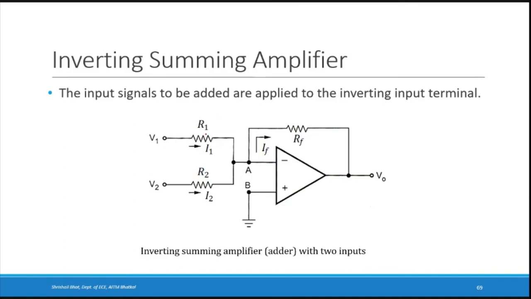So there is a resistance R1 here and R2 here. The current through R1 is I1, the current through R2 is I2, and the current through RF is IF. The non-inverting input terminal is grounded, as you can see. So you start from the known potential. If you take this as node B, the potential at node B is VB, that is equal to 0. Now from the concept of virtual ground, VA is equal to VB, so VA is also 0, right?